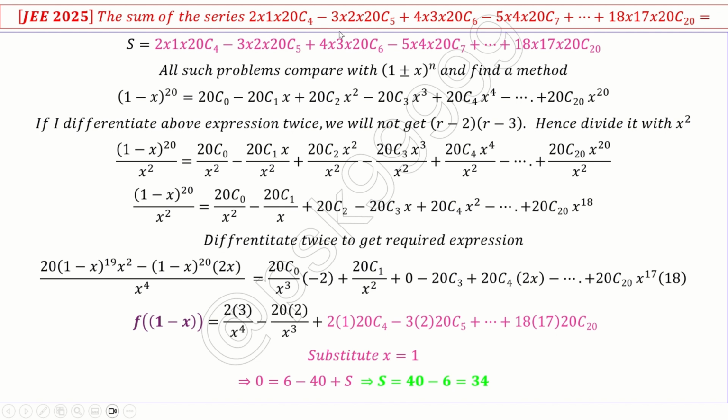Almost all the problems which come in this fashion, okay, you have a series going on, a combination series going on, and then a product with some number, this is how you should solve. Okay, either you may have division with some x power p, or there may not be any division also. Okay, directly if you differentiate, you may get these quotients exactly what you're looking at here. So this is one kind of problem which you should know, because this kind of problem you can solve only this way. Okay, 1 plus or minus x whole to the power of n, this way you can solve it. Okay, so next,